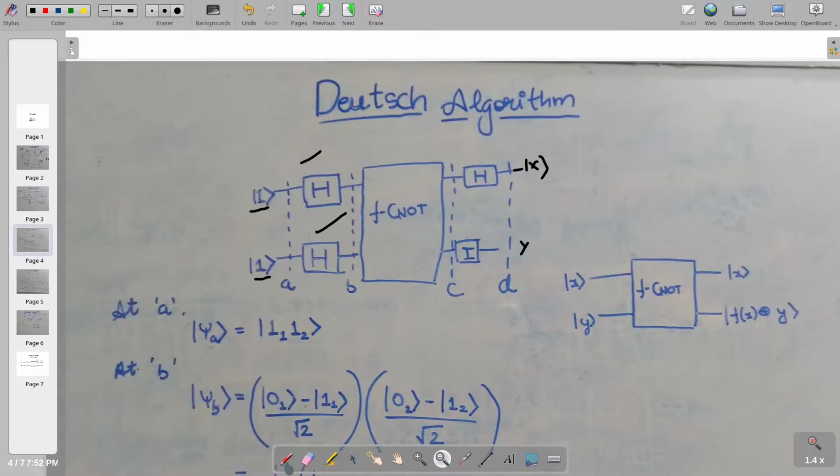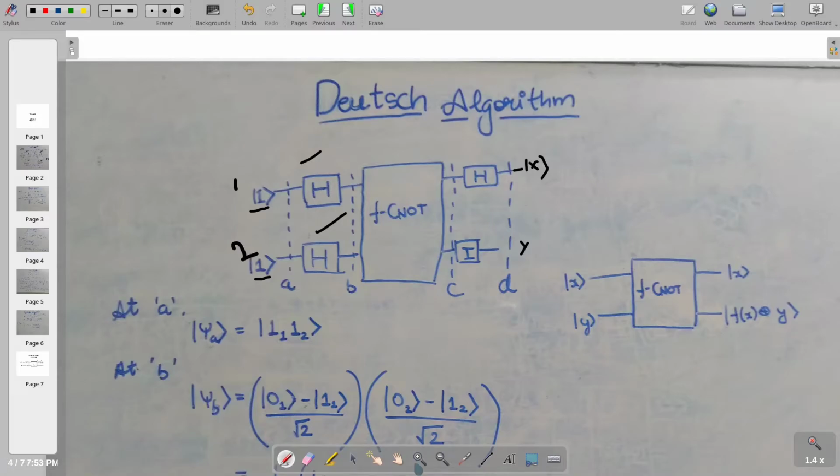So what we do here is we divide this whole circuit into parts, where in each segment we define the state of this two qubit system, to make out how we actually get the output, the desired solution to a problem. First of all, we start from state A. At point A, a simple 2 qubit state. Let us say it's called omega A. It's nothing but 1 1 and 1 2, where the subscript denotes the relative position, where this wire is named 1 and this wire is named 2.